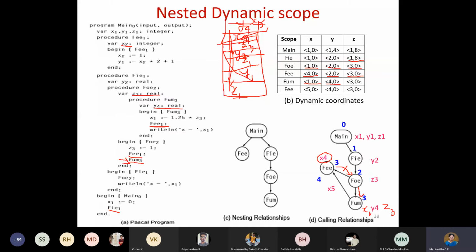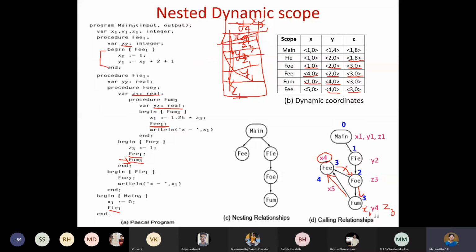But from FOE I'm continuing with the FUM function, and inside the FUM function only we are calling FEE. So it should exist. Only X I'm declaring, and now Y, what will it use? It will use the previous one, whatever was created during FUM. So it will be using Y4, and the offset is 0 only, and it is going to use Z3. This will not change. Y4 should exist, only one. Now, once I finish FEE, this one I am going to finish.